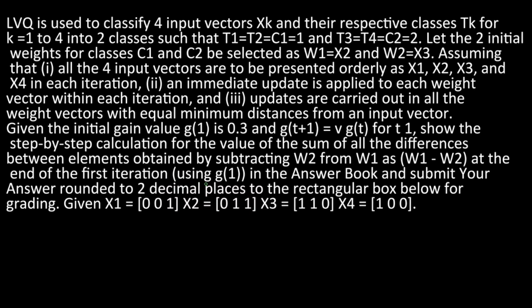At the end of the first iteration, using g1, in the answer book, and submit your answer rounded to 2 decimal places to the rectangular box given below in the grading, and given x1, x2, x3, x4 values are this. So here what we have to do is 4 iterations and update the w1 and w2 values, and at the end we have to calculate w1 minus w2. To do the iteration they have given x1 to x4, and also they have mentioned here